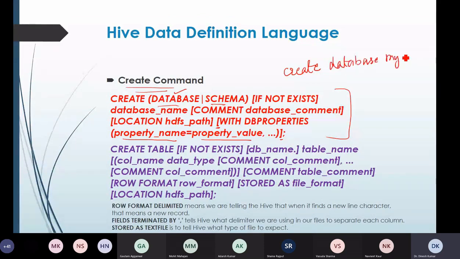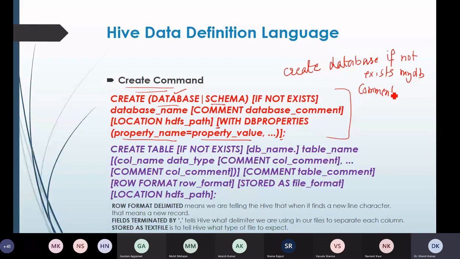In addition to that, I can include this here, if not exists MyDB, this is also fine. If I want to give comments, then I can write comment equals my database. This is how we can add these things into the statement.